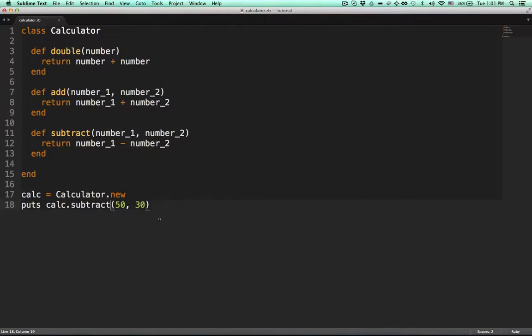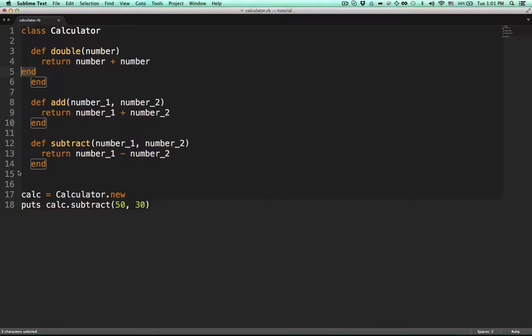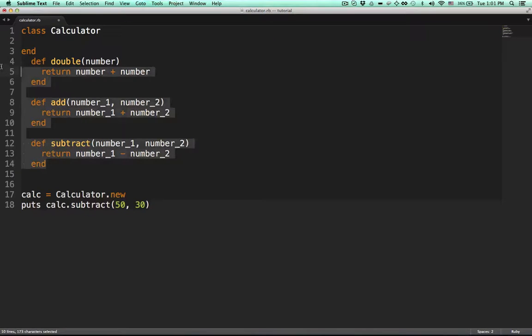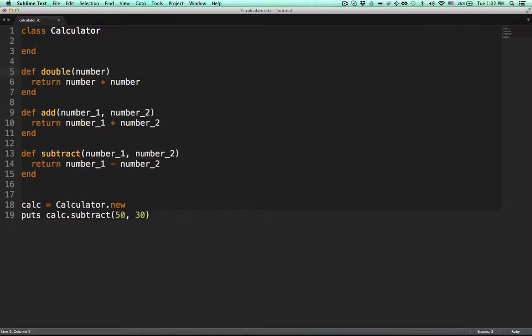Here we have our calculator class with 3 instance methods that we've defined, the double method, the add method, and the subtract method. Let me demonstrate a number of things that can cause some problems. The first is, let's move this end up here. This actually happens more often than you might think, but one might accidentally define these methods outside of the class